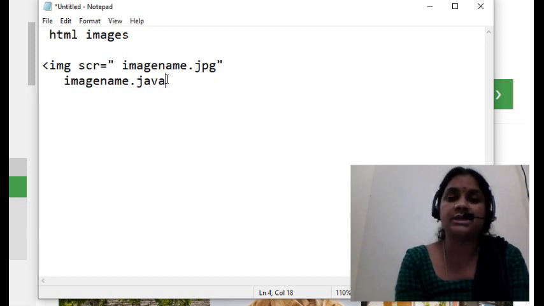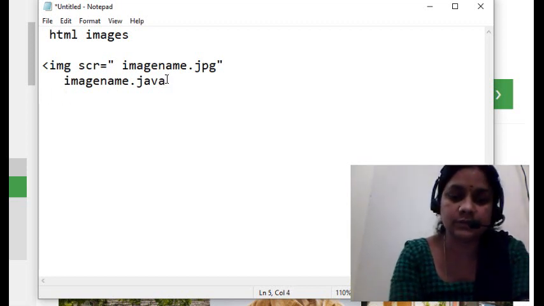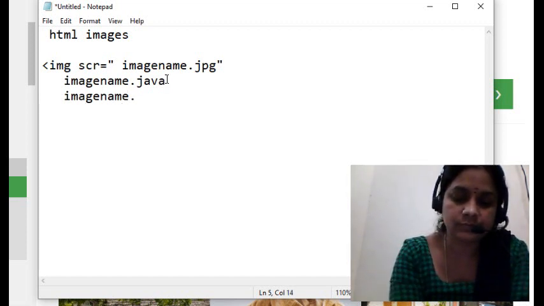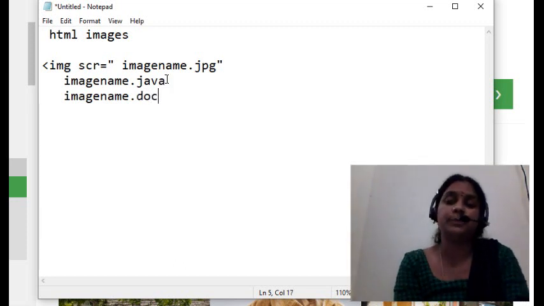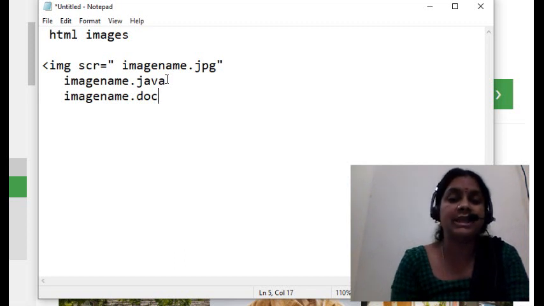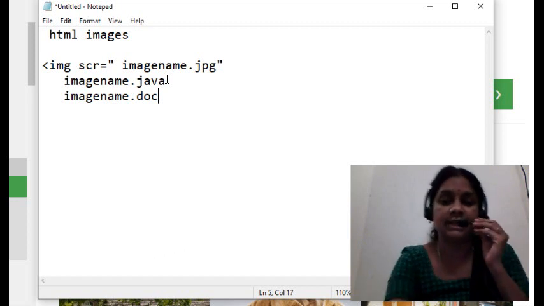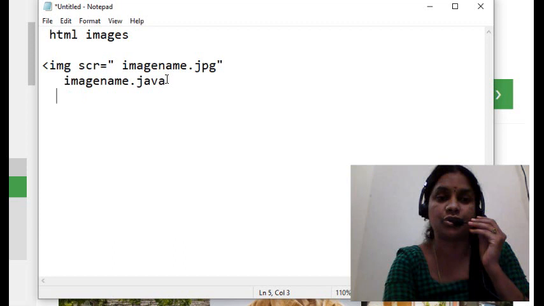The java program extension must always be .java. For a c program it would be dot c. I am using here doc. Doc means document. All the names are the same, but the type is different. That means the image type is always in the extension of JPG.